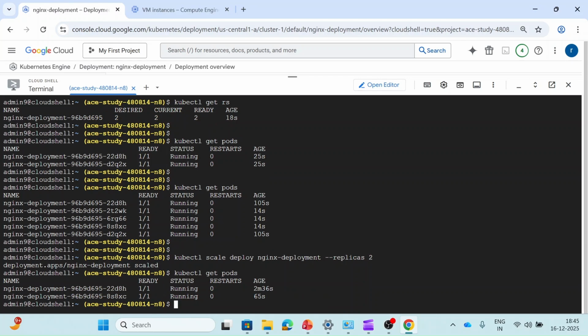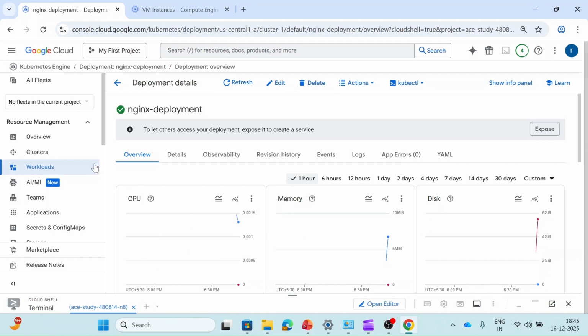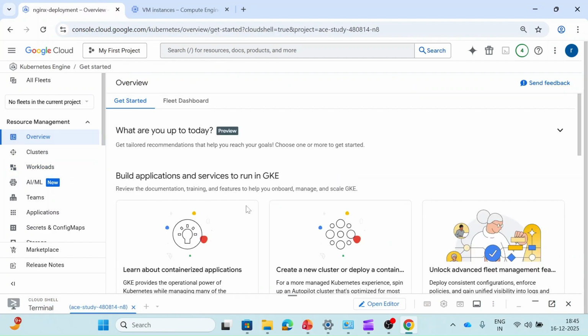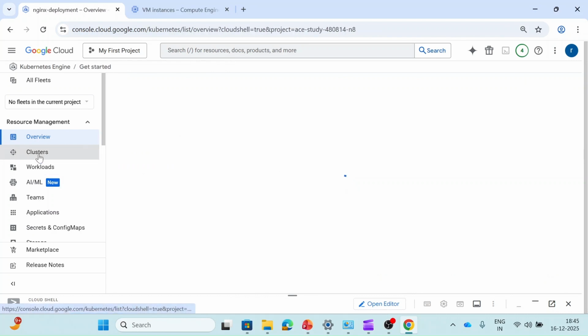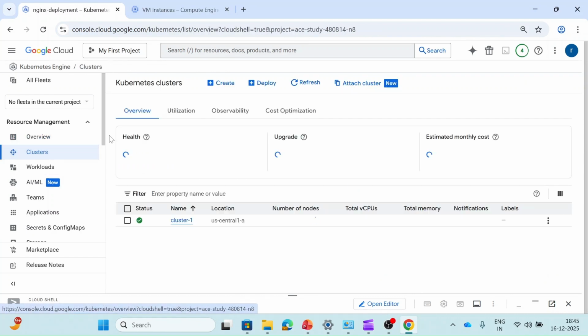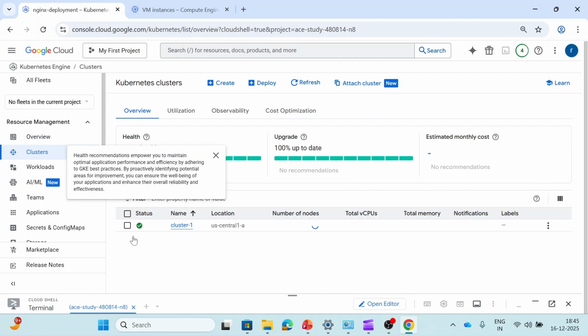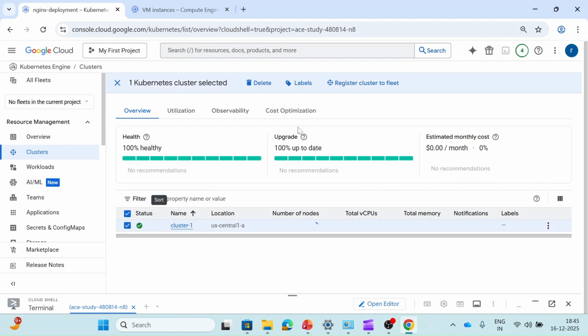So this is a very basic video I have shown you, in which I showed how to create a cluster, what are the very basic options we have, and how to manage workloads and all that. In future videos we will increase our level, and we will learn more about all these things, how to use the cluster, and what the options are.